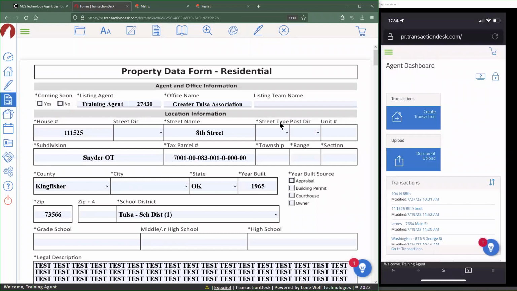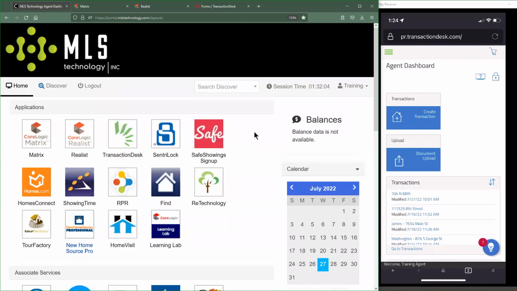So all this data could be sent back into Matrix and turned into a listing without me having to re-enter the data. Fill it all out on my phone or iPad, get back to the computer, and I've got a fresh listing waiting for me to complete. So strongly recommended if you have a tablet. I think that's actually one of the best tools you can use. Using your phone is fine, but having that extra screen real estate is really helpful.